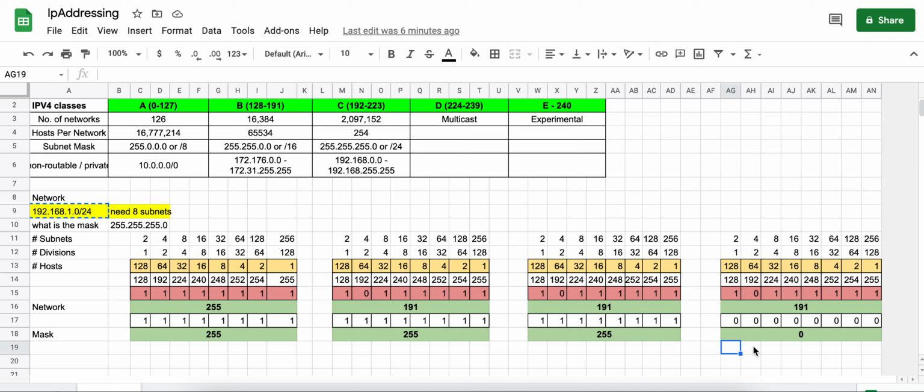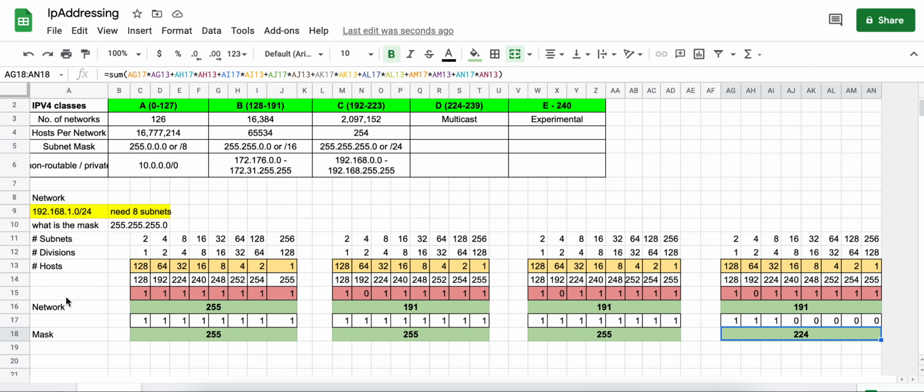If you go to the next bit, so you take this bit as well. Now you have divided your network into 4 segments. You have taken another bit. Now you have got 8 different subnets. They're all equal in size. So if you do that, your subnet mask has become 255.255.255.224. In CIDR notation,